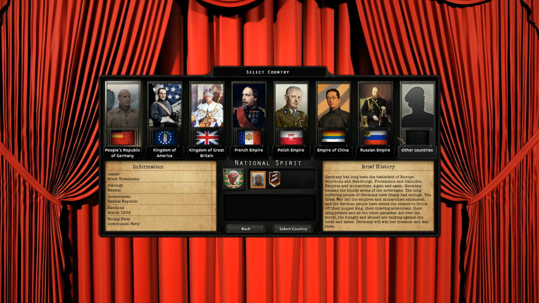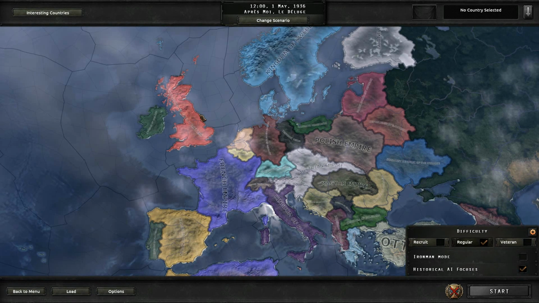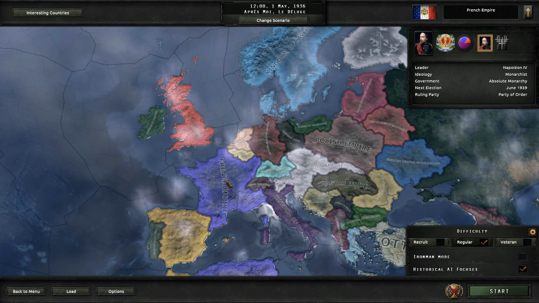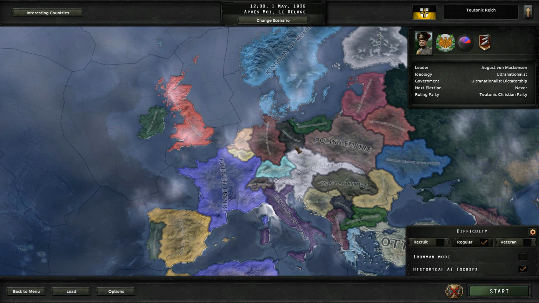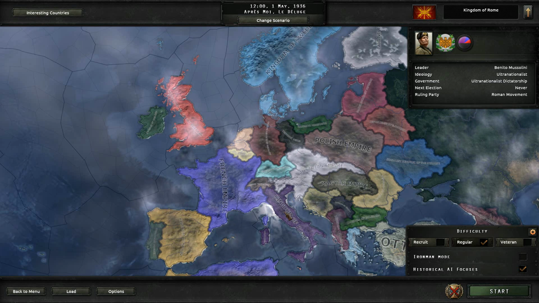So I'm trying to look here. I can't even decide what I want to pick, but you know what I like to do, guys. I always like to look at all the other countries, and he's even got Éamon de Valera. Of course, that's a bit from a different time period, but that's funny. I mean, I think it's hilarious. We've even got the Teutonic Reich, led by August von Mackensen. We've, of course, got the Austrian Empire, led by Otto I. I mean, this is awesome, but...